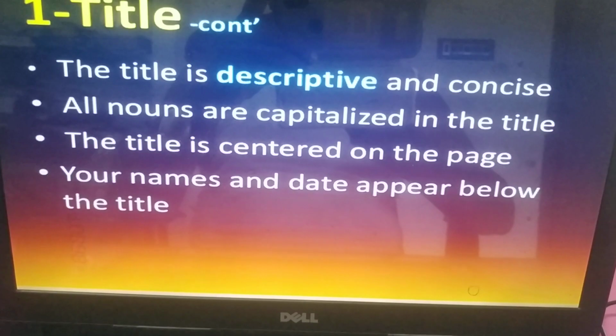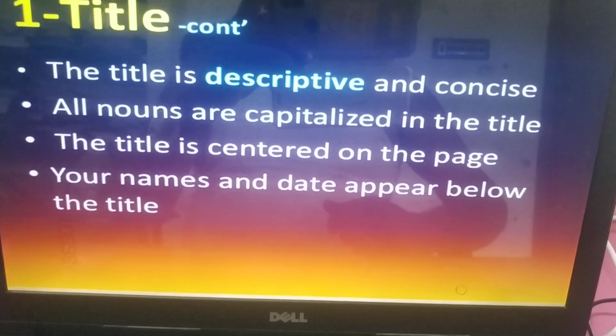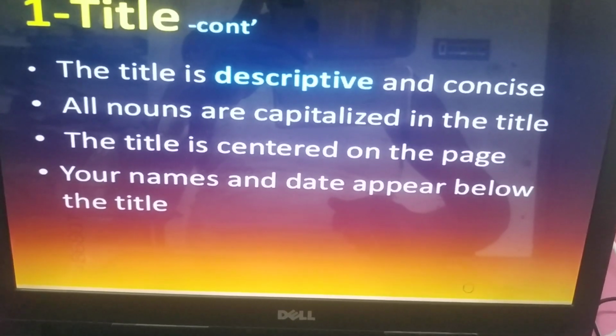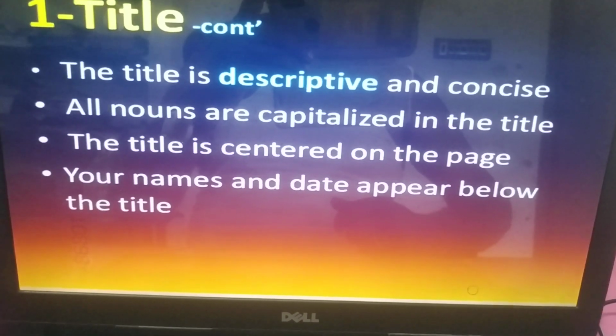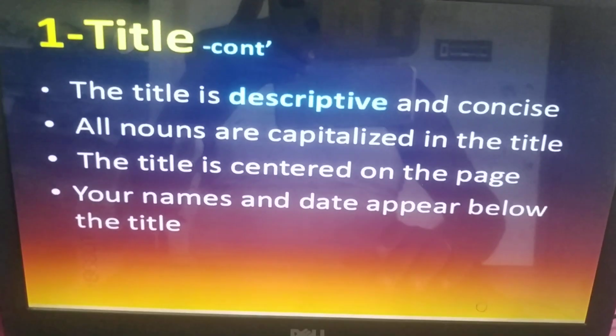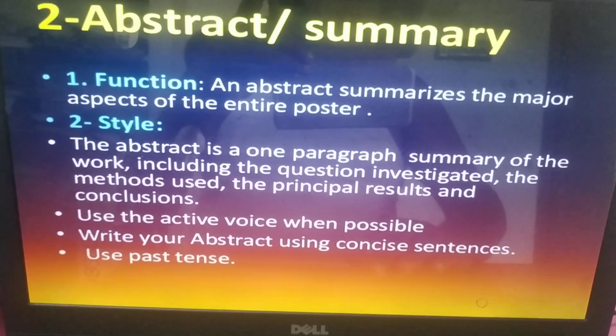All nouns are capitalized in the title. The title is centered on the page. Your names and data appear below the title. Abstract,